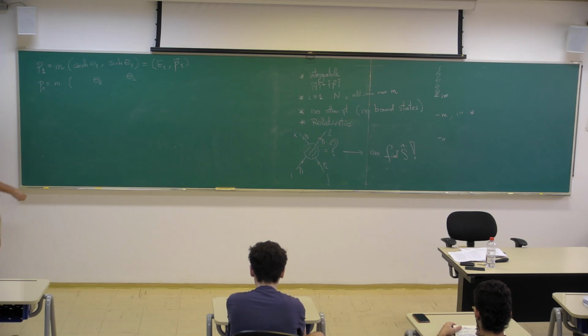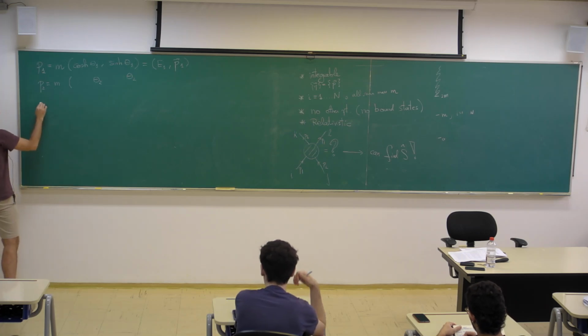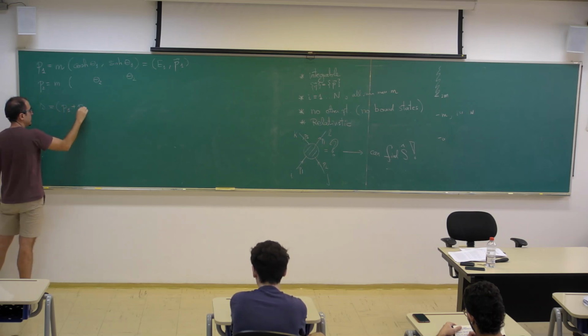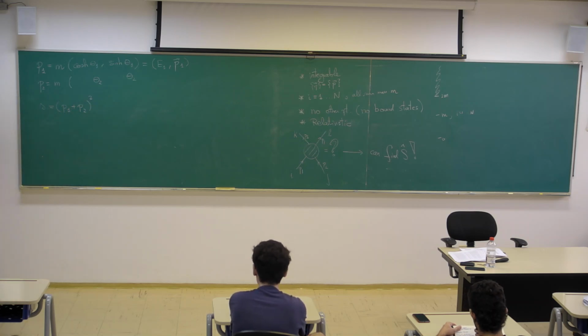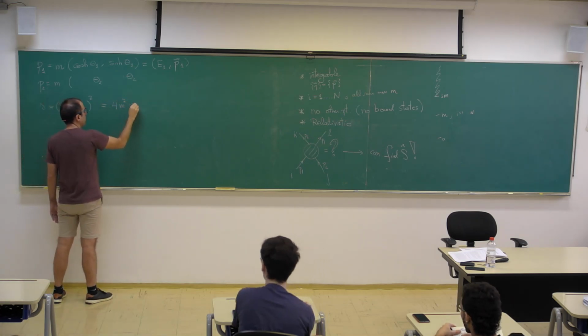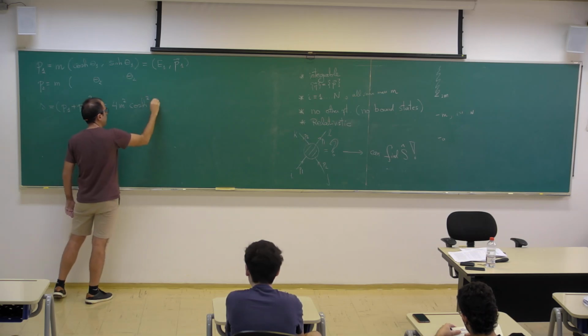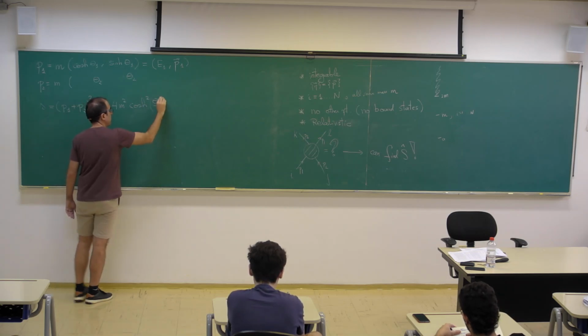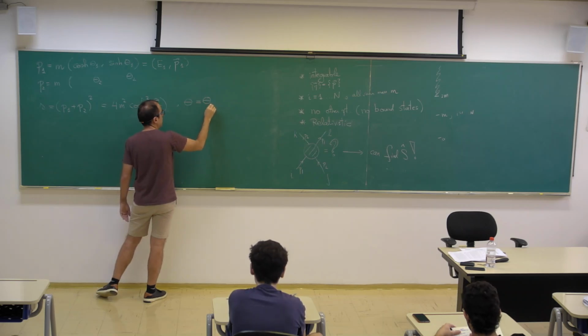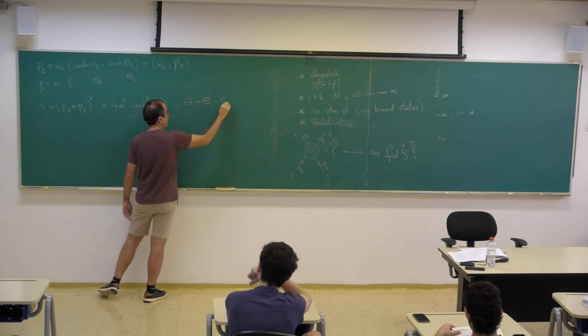Well, then you can easily check that if you compute S, which is the same S that we saw in Landau's lecture, (P1 plus P2) squared, which is the center of mass energy squared of the process, which is the Lorentz invariant, the only thing that it could depend on, this object is equal to 4m squared cosh squared of theta over 2, where theta is theta 1 minus theta 2.